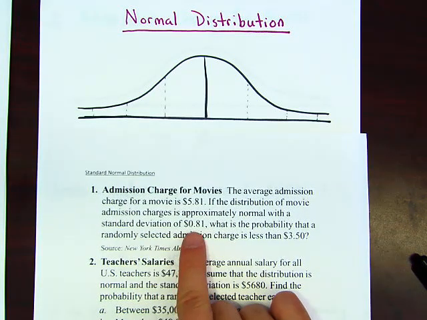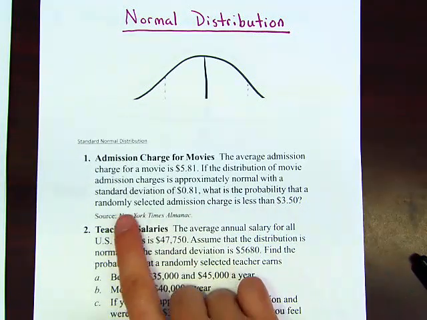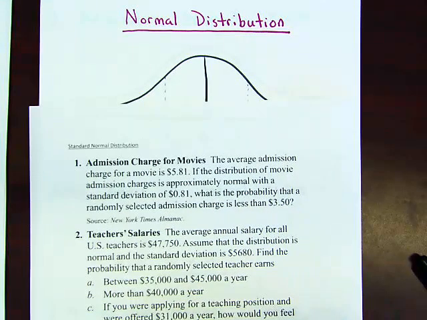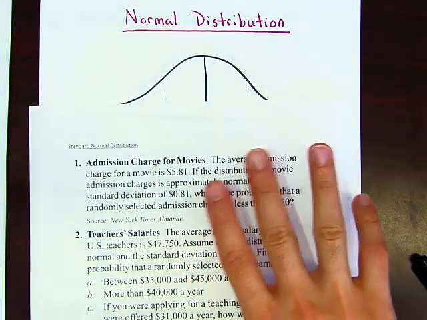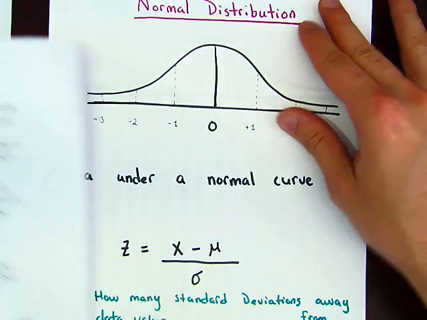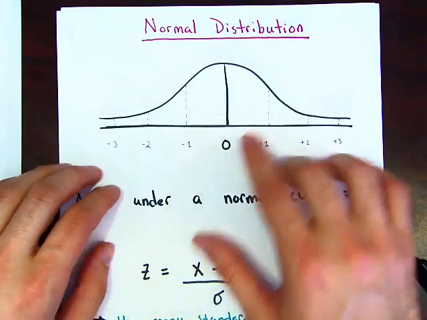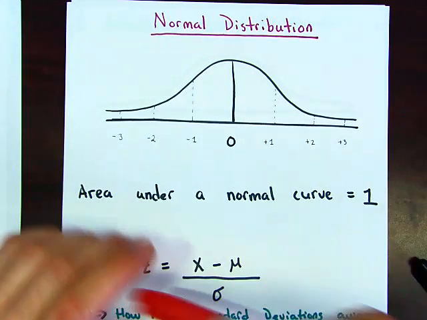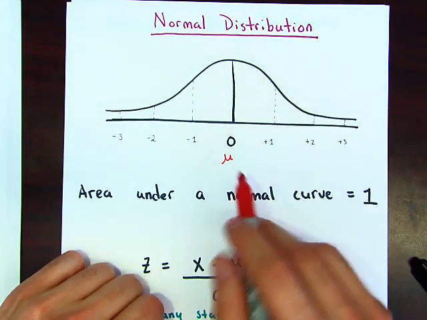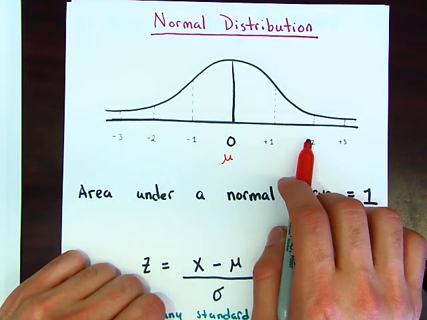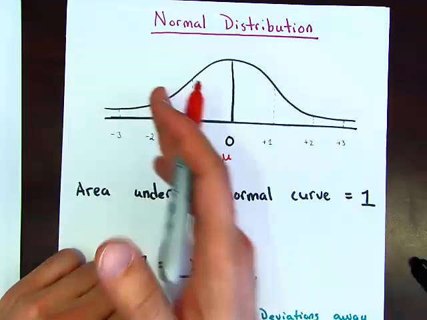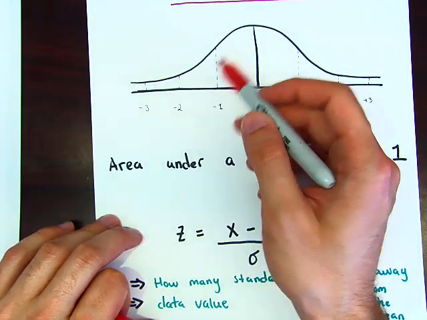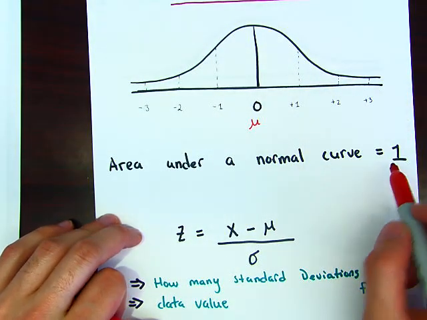If the standard deviation is 81 cents, what is the probability that a randomly selected admission charge is less than $3.50? Okay, so this question's not too bad, but let's see what we can do. When we have a normal distribution, notice that the center is the mean. This is the mean over here, and this is one standard deviation to the right, two standard deviations, three standard deviations, and so on. And notice that the area under this whole entire curve has to equal 1,